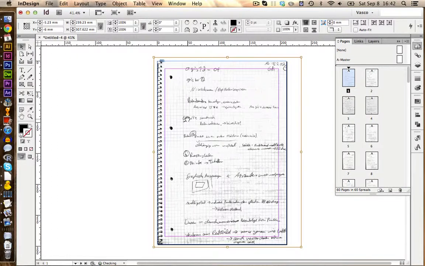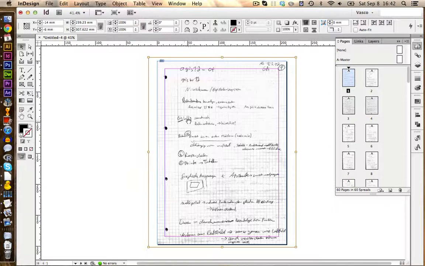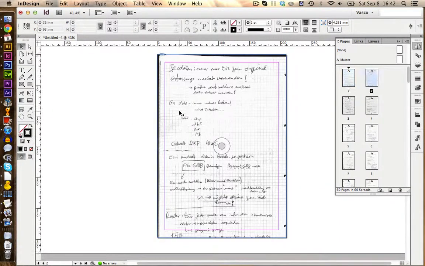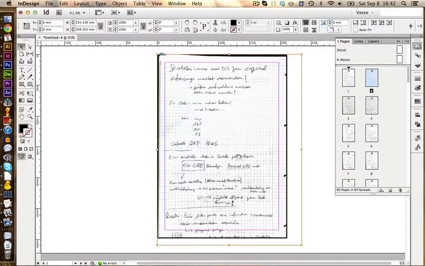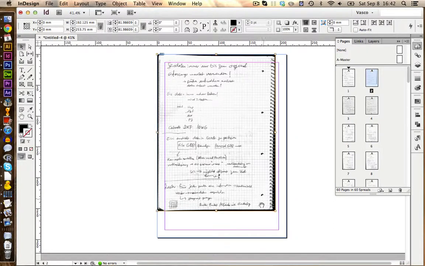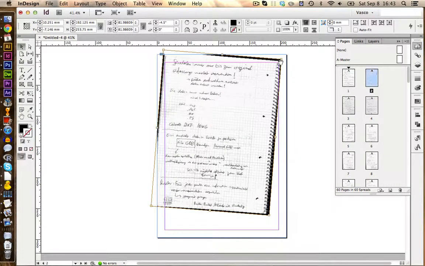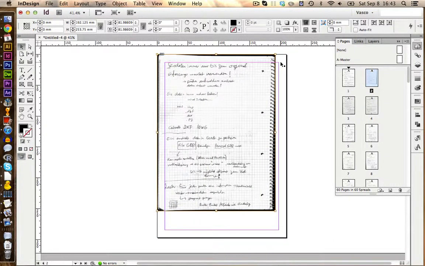And now you can double click on the picture and adjust it how you want. You first should move it around in the right position so you can see all of your text. This looks fine. And if we go to the next page, we do the same thing. And if you would need to rescale the picture, again double click. And while scaling, you always should hold the Shift key so the page scales proportionately and doesn't get distorted. Also, you can rotate it like this. I will set this now for all pages and I see you in a few seconds.